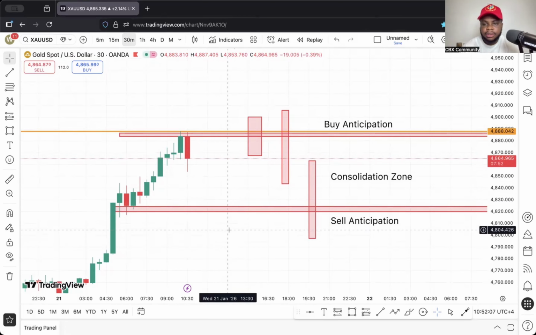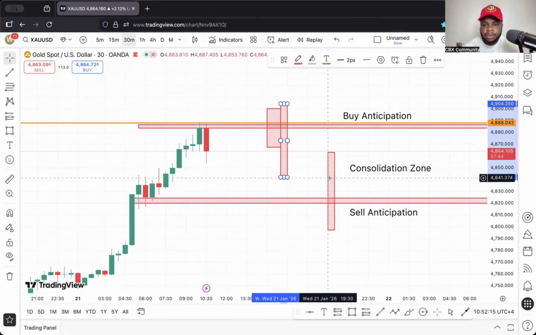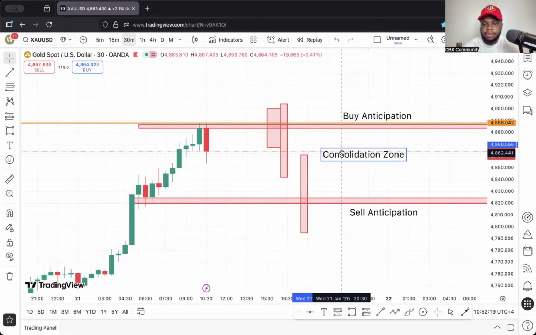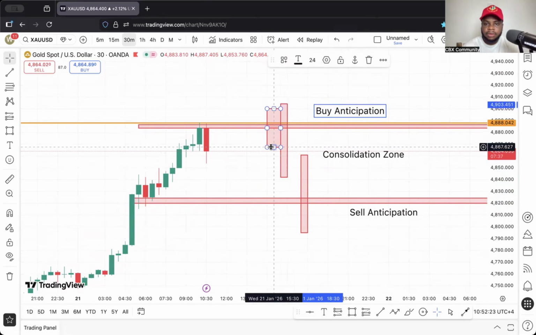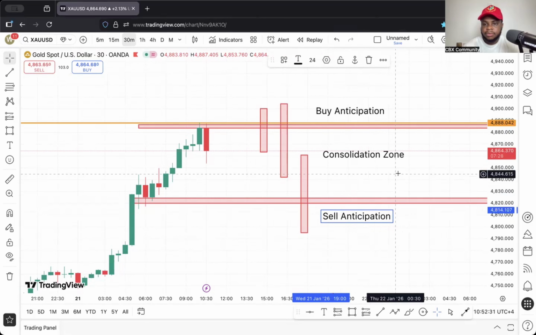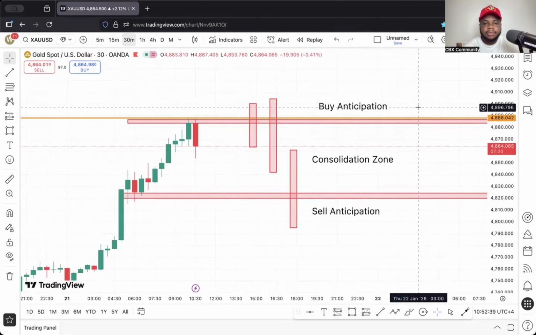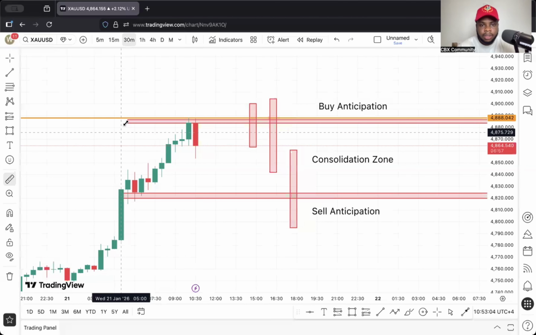Candle is left with 7 minutes. Let's see how this recent candle, 1, 2,